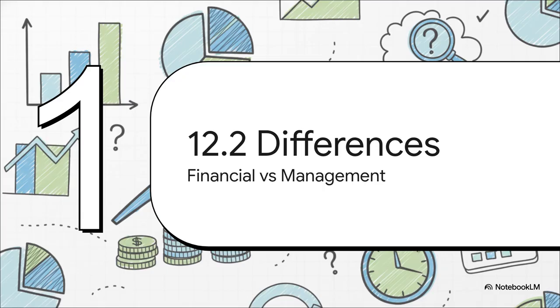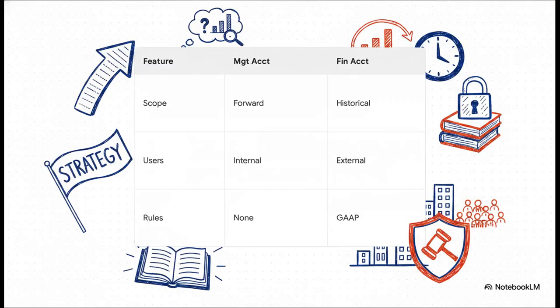Which brings us to Section 12.2, Differences between Financial Accounting and Management Accounting. Think of this as a showdown between a historical report card and a forward-looking playbook. Financial accounting is totally bound by rigid mandatory rules, like GAAP, providing concise data for outsiders. But management accounting is completely untethered. Literally, there are no mandatory external regulations. Managers have absolute freedom to format, slice, and project detailed departmental data in whatever way best serves their strategy. It's a real game changer.